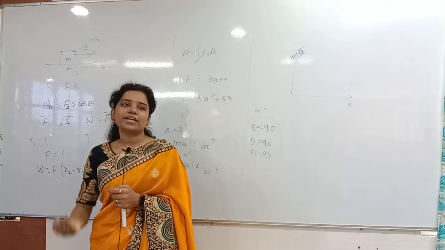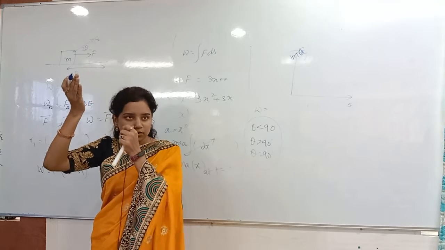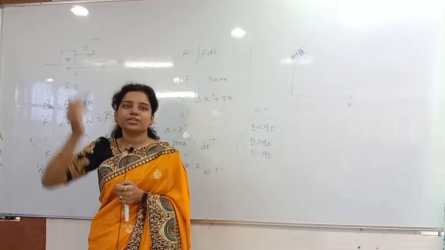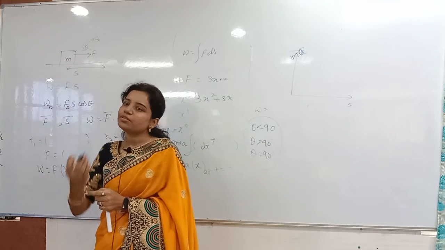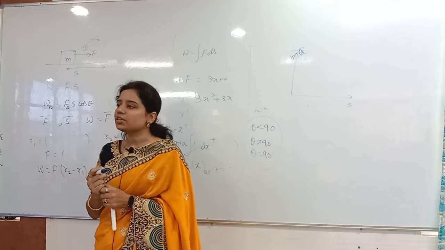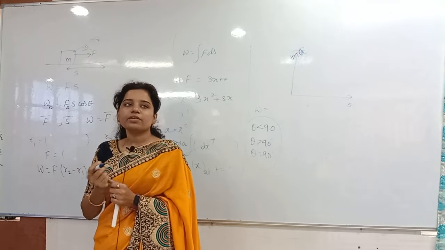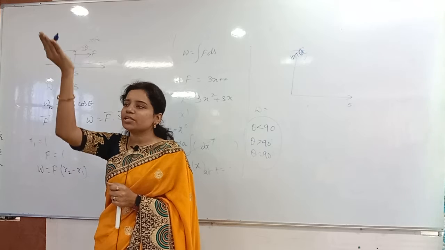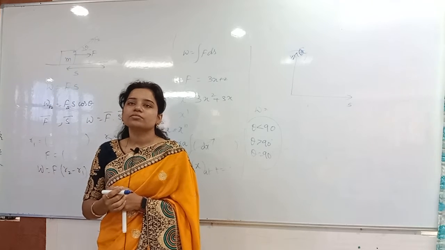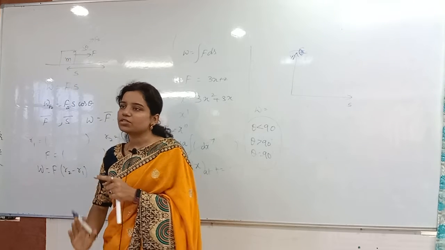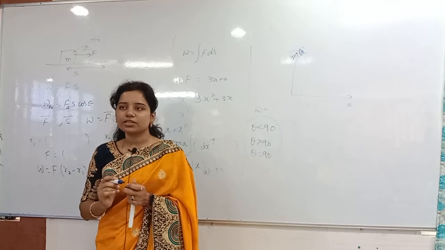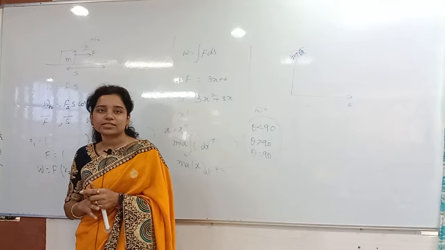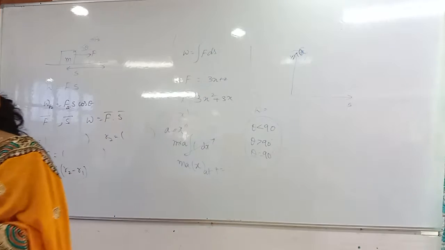And also whenever you are lifting something in the upward direction, what is the work done by the person? What is the work done by the person whenever you are lifting up? Plus mgh. Why? Because displacement is in the upward direction, the force also is applied in which direction? Upward direction only. Whenever you are lifting something in the upward direction, what is the work done by the gravity? Minus mgh. Why? Because h is there in the upward direction and then mg is there in the downward direction. Clear? This and all we have discussed in the last classes. Next, write a problem.